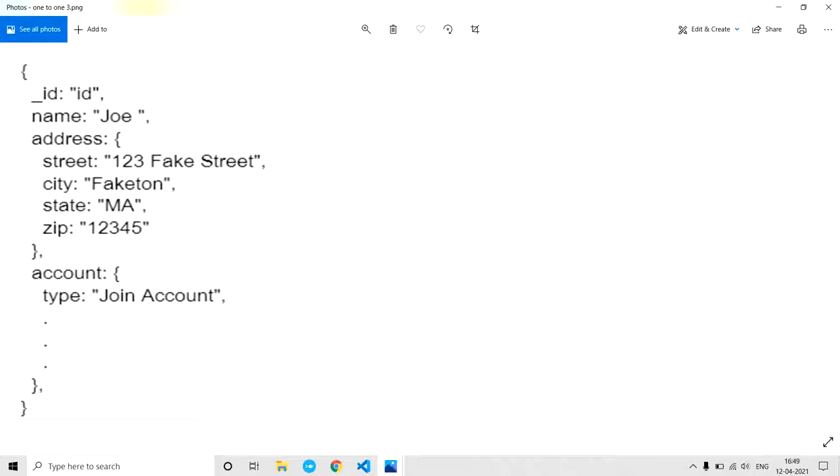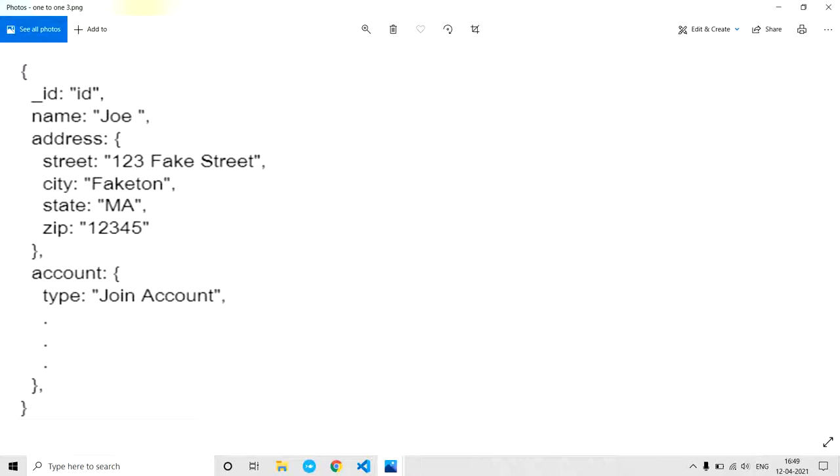So guys, initially this might look like a better way, but as and when your user collection grows, this is a pretty bad way. Assume a user has 12 to 15 one-to-one relations with other collections.